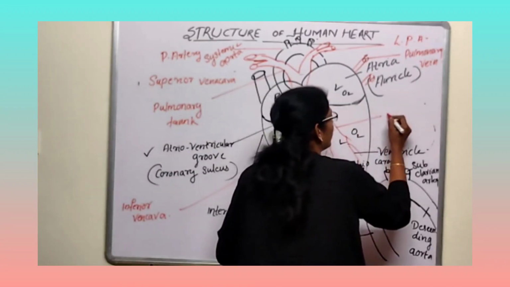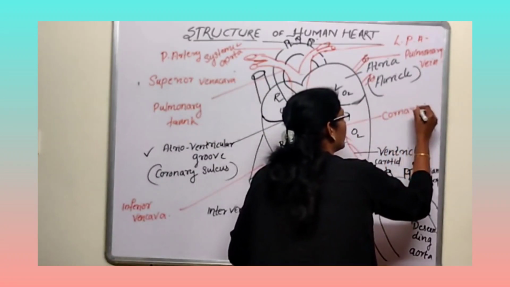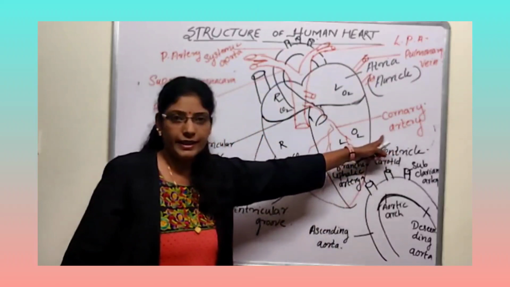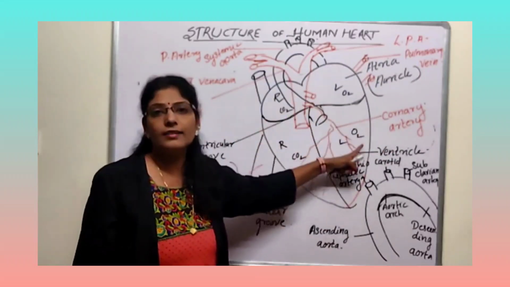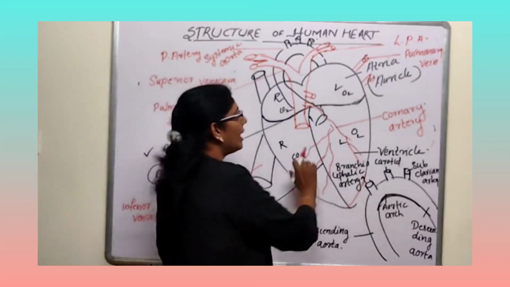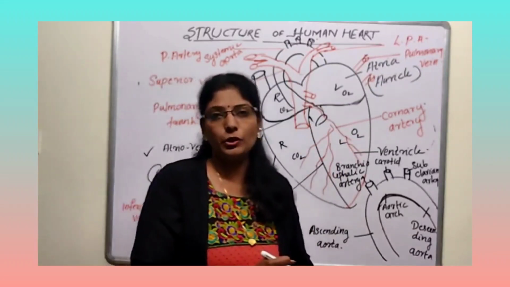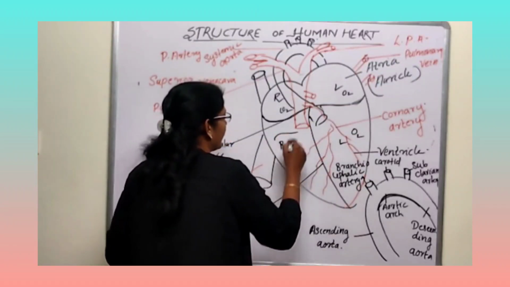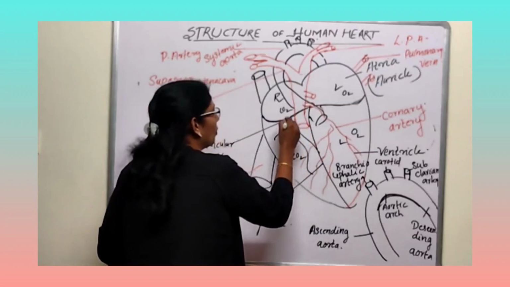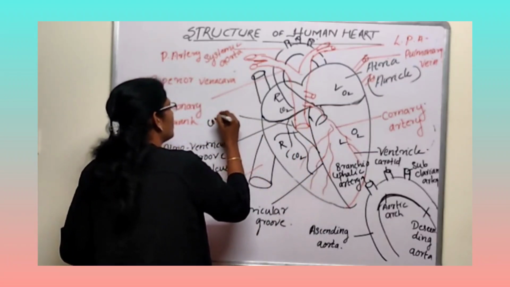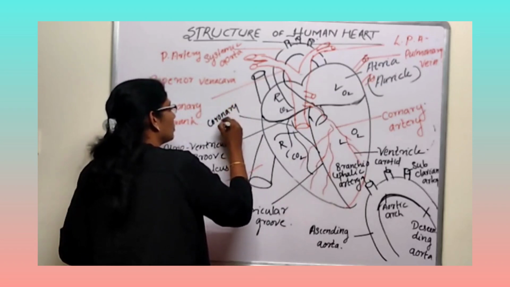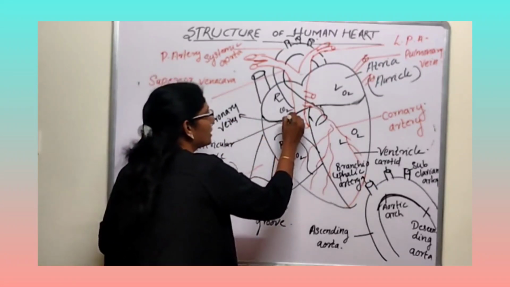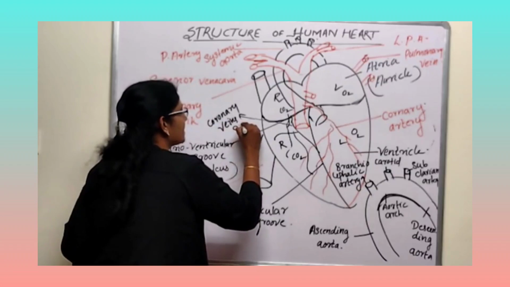These blood vessels are called coronary artery. This coronary artery provides blood to the heart walls, heart cells itself. Then after using, the blood will get impure. That impure blood is collected by some other small vessels. They are called coronary veins. These coronary veins unite together to form coronary sinus.